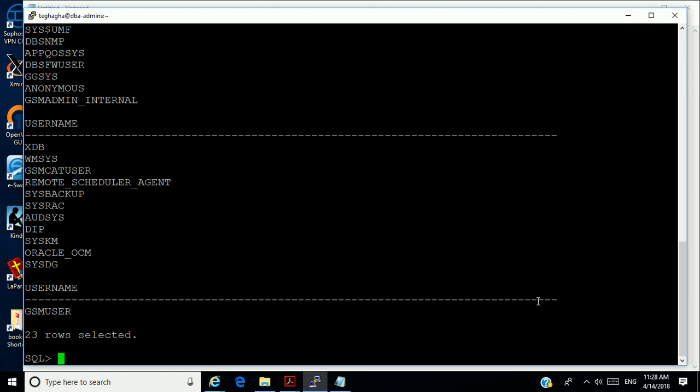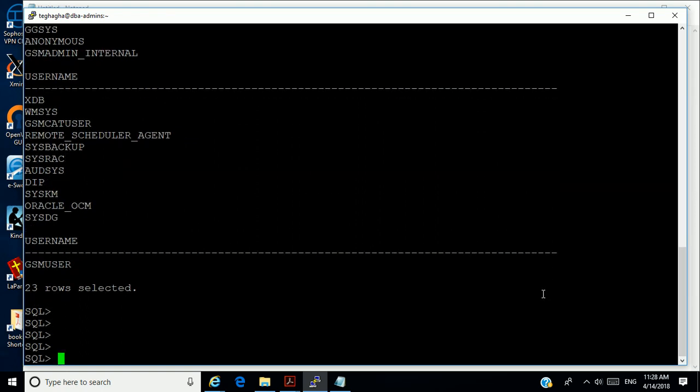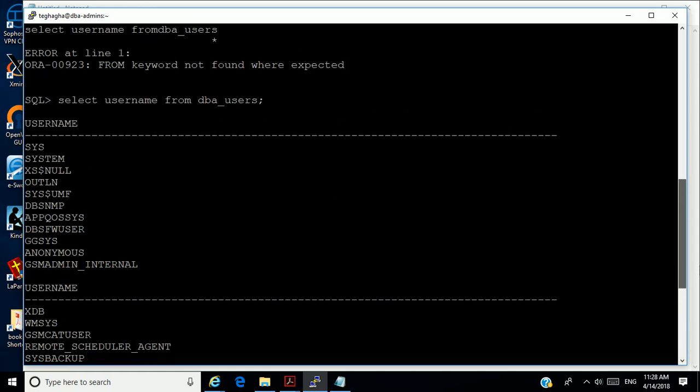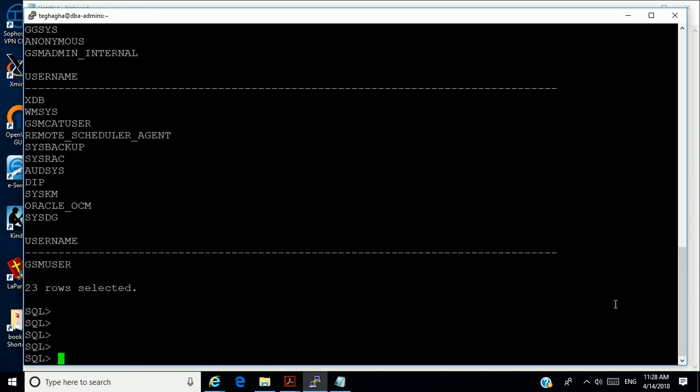So what I'm going to do, I'm going to create a user called test1, and in this user, I'm going to create certain objects. Remember, we have some sample script somewhere, and you can always use that to do all your jobs here. So I'm going to quickly create a user.